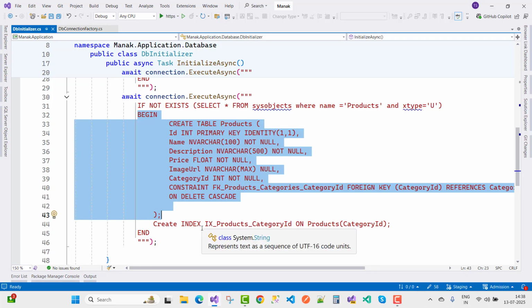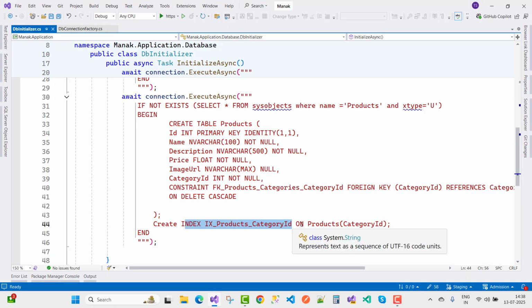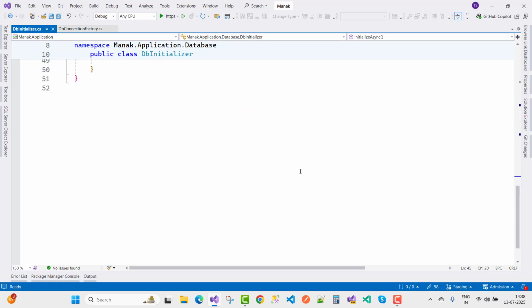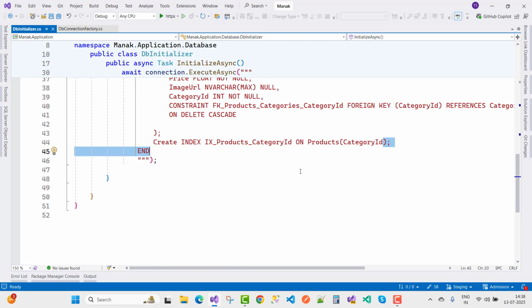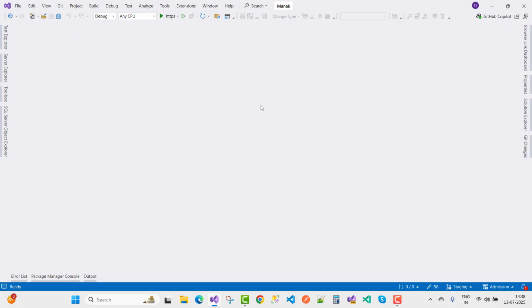Also, you can create an index here, that is category ID. So create an index on the products table, and that category ID is an index. Okay, so that is my DbInitializer class, and you can call both the connection factory and the DbInitializer